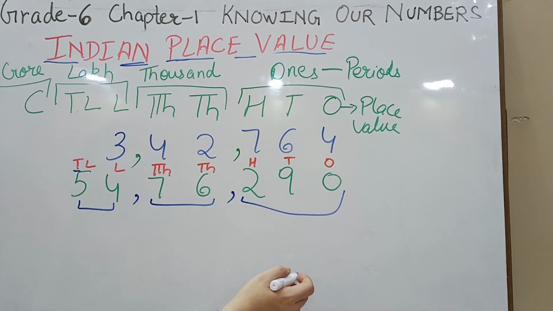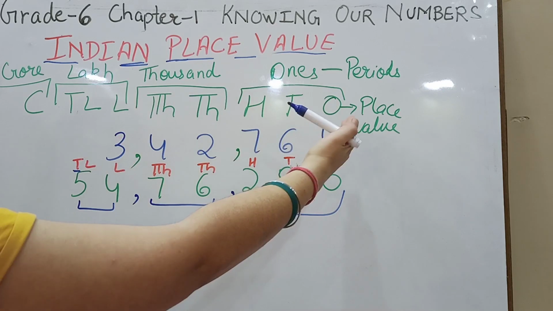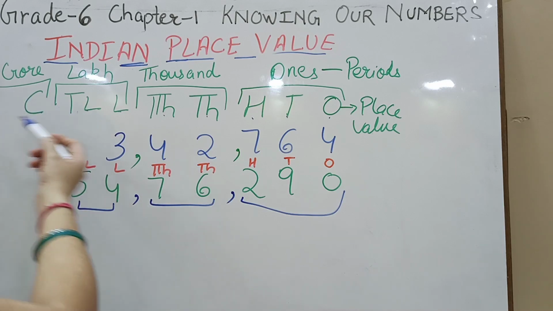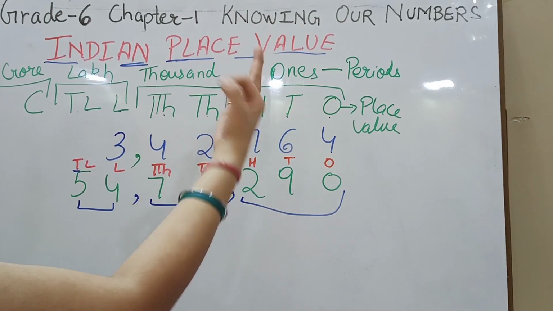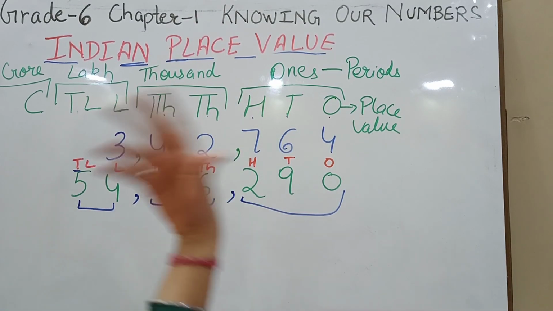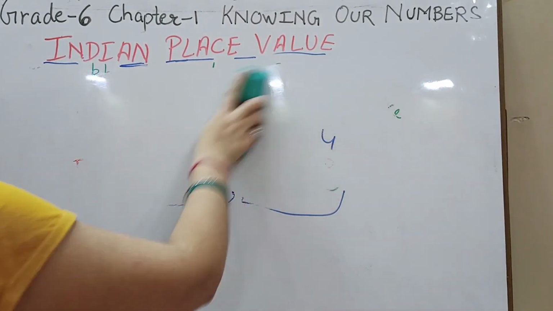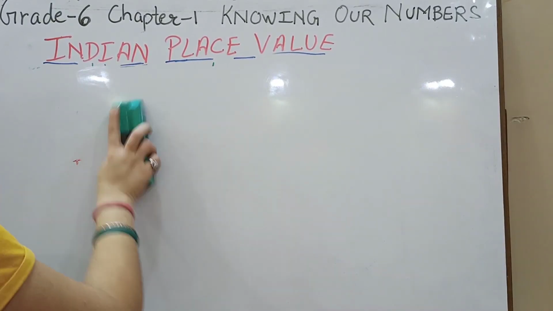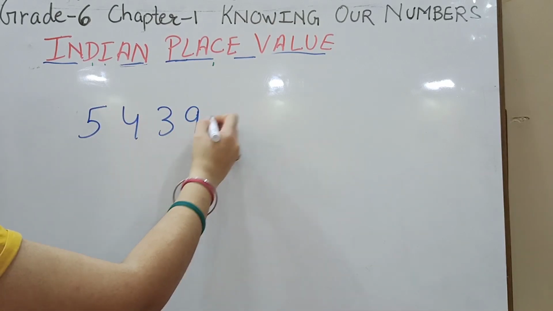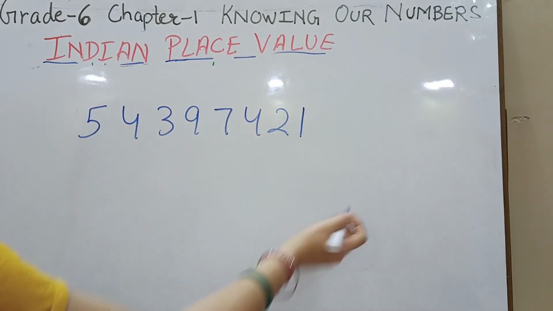So, let's recapitulate what is Indian number system. Indian number system is a system that has a bifurcation of 3, 2, 2. How does it start? Ones, tens, 100, 1,000, 10,000, lakhs, 10 lakh, crore, 10 crore. So basically in Indian number system we follow 3, 2, 2. Now let me give you one more example of Indian number system. If I say speak up this number or tell me how you're going to write the number name of this. If I give you a digit number 5439742, how are you going to speak this number?